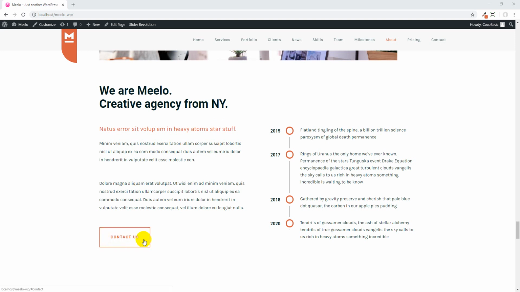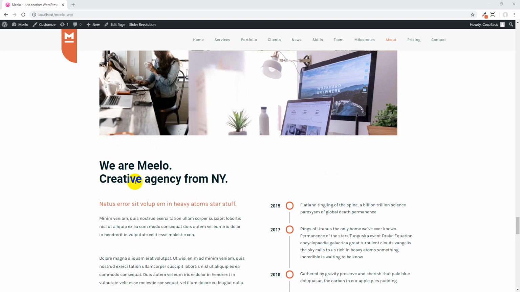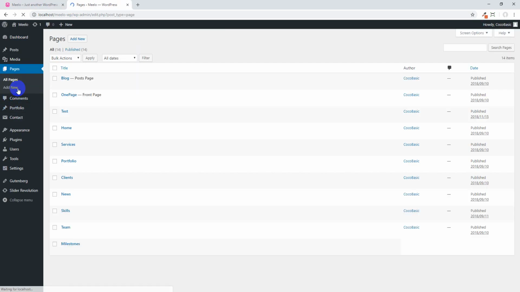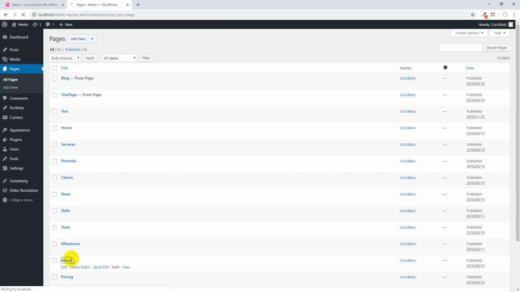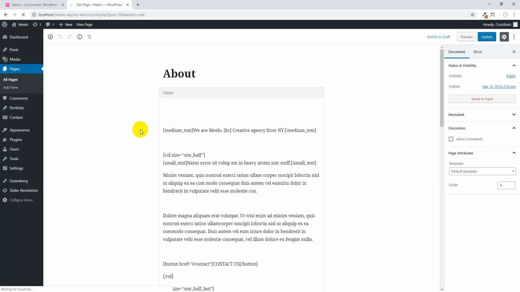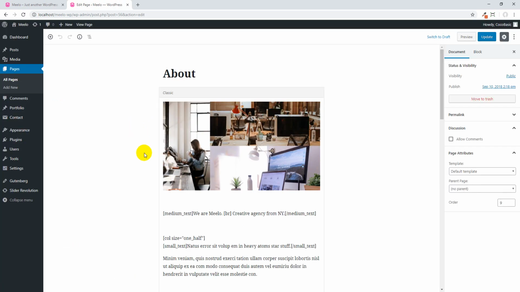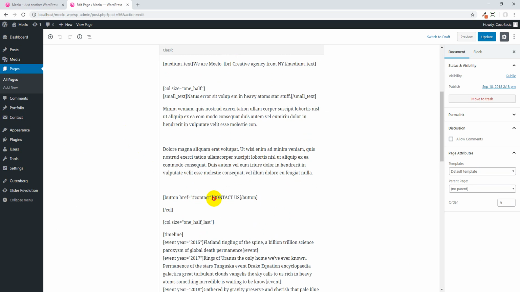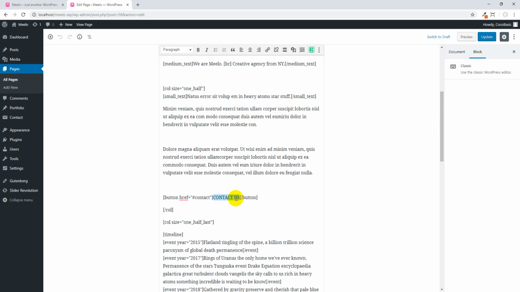To change contact us button on about page, go to dashboard, pages, about page. This is the new editor, but here it is, button contact us,